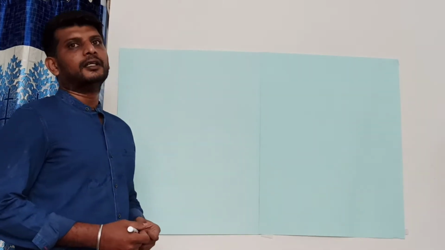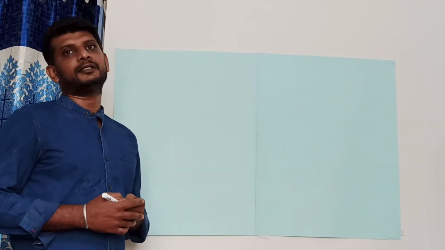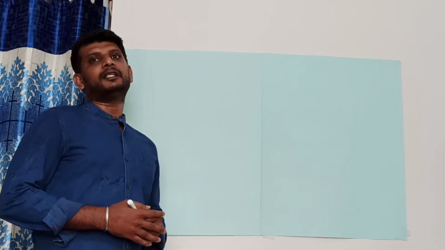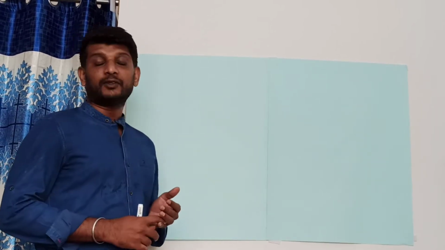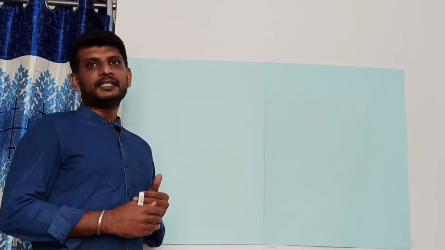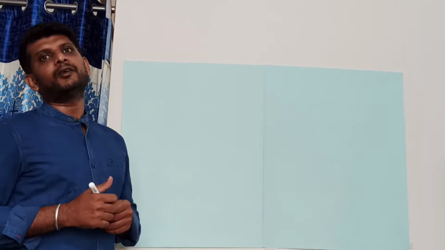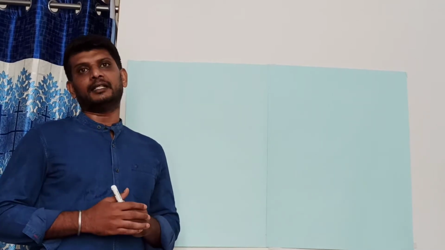Good evening everyone. In this particular video, we will be discussing how to define a member function outside the class. In our previous two videos, we have seen how to define a class and how to write a program by making use of classes and objects, and we have seen the syntax for the class and the syntax for the object. In our previous video we have also seen how to declare multiple objects for a single class and how to call the member functions repeatedly by making use of the different objects of the class. In this particular video, we will be discussing how exactly to define the member function outside the class.